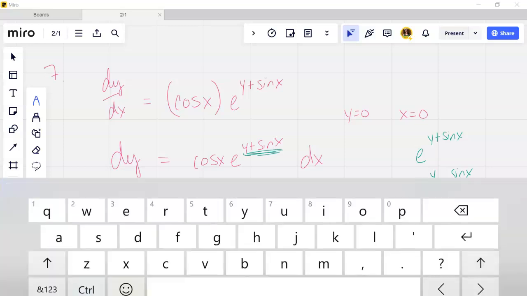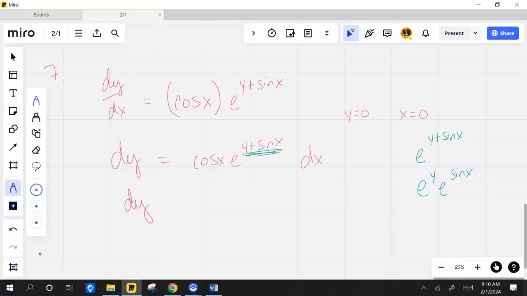So really this is going to be dy. And remember, I'm doing this because this is called separation of variables. I have to get the variables separated. All x's on one side, all y's on the other. So now, because it is separated,